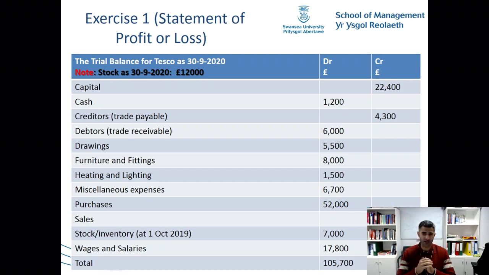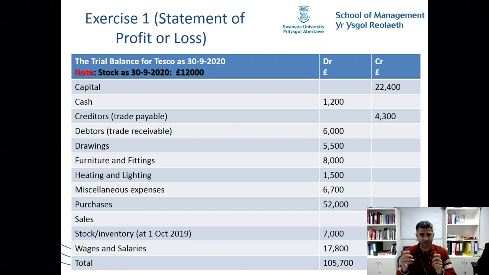And this is what we are doing the accounts for here. If you look at this business, we have here stock as at 30th of September 2020. When I say stock at 30th of September, this is the end of the financial year. What does that mean? This means this is a closing stock. Now if you look at the items, again, some items you need to use to prepare the statement of profit or loss, and some items to prepare